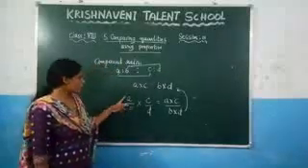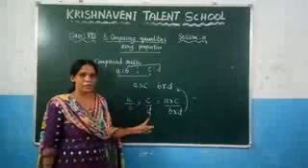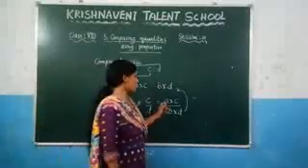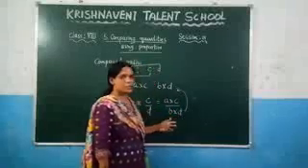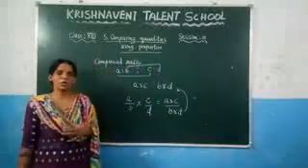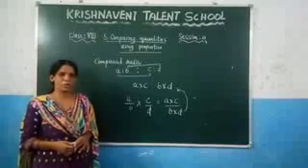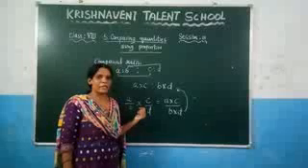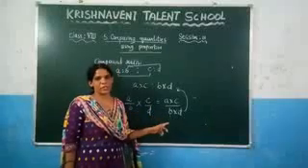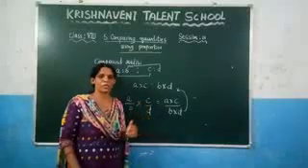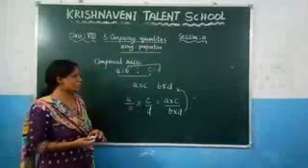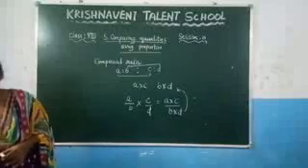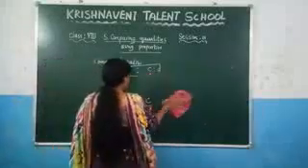What is the meaning of compound ratio? The product of the two ratios will give the compound ratio, right? So we are taking A by B and C by D. If you are taking the product of these two ratios, you are getting here A into C by B into D. Like that also you can define. So what is the meaning of the compound ratio? If you have given two ratios and after finding the product of these two ratios, you will get the ratio that will become the compound ratio of the given ratios. This is nothing but the compound ratio. Now let us go for the proportion. So what is the meaning of proportion?